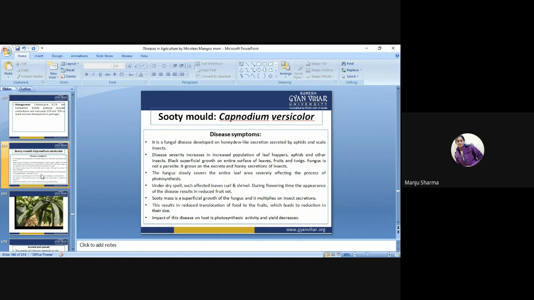The fungus is not a parasite; it grows on the excreta and honeydew secretion of insects. The fungus slowly covers the entire leaf area, severely affecting